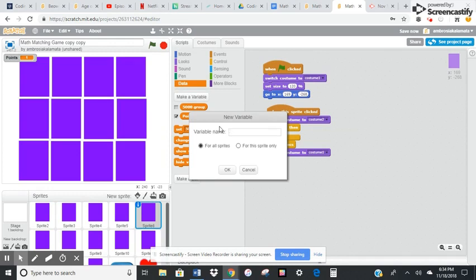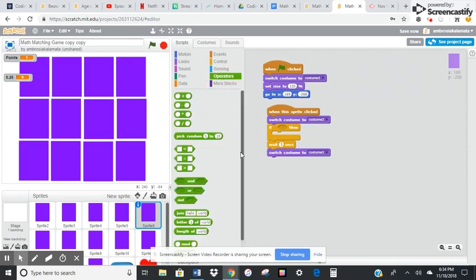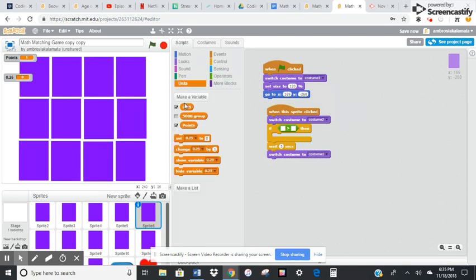0.25, 0.5, so I can see it better. Okay, I'm going to say for all sprites. Okay. All right, so now I'm going to go to operators. I'm going to select this one, the greater than symbol. I'm going to say if my variable of 0.25 is greater than 1,